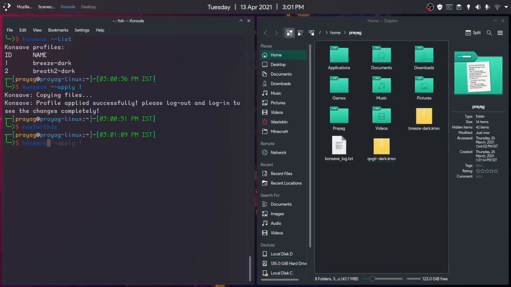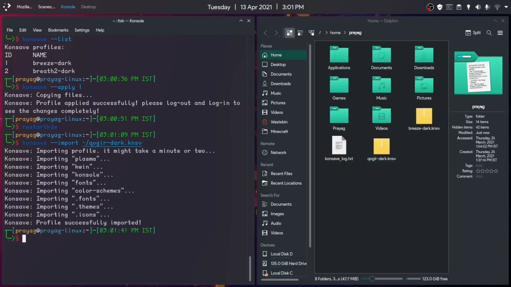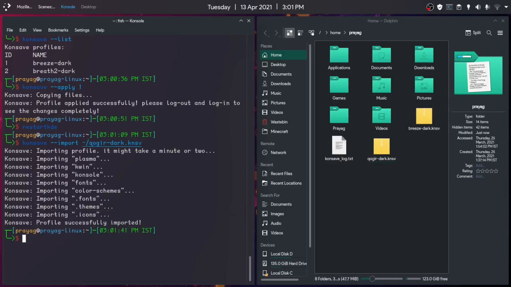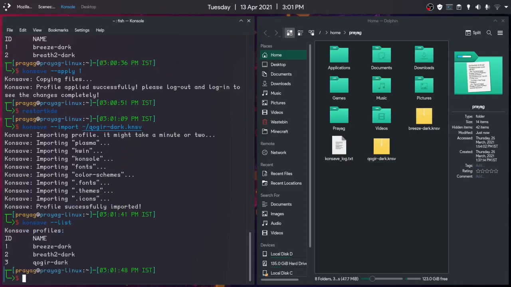So I can import this profile using Konsave import, and this one is Kogger Dark. If I import it, then I'll have to wait for a few seconds, and now the profile has been successfully imported. If I now enter Konsave list, I have Kogger Dark listed here. So if I now apply that